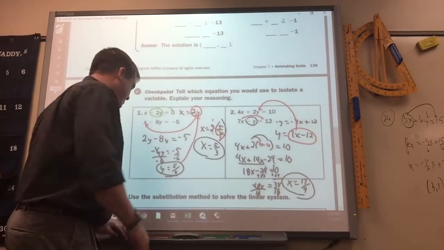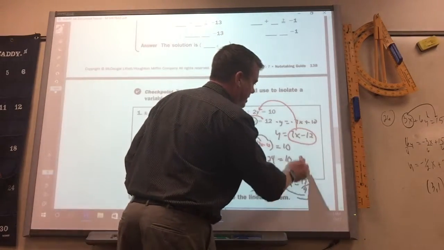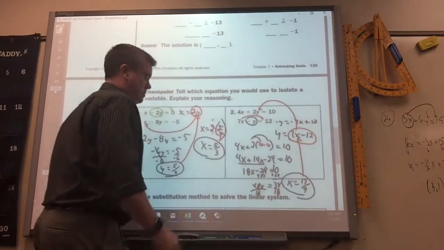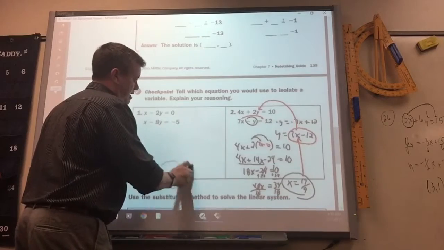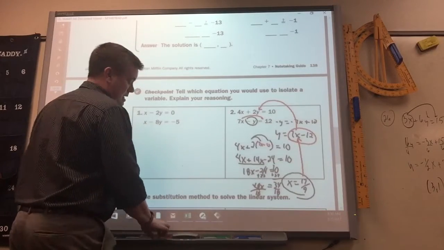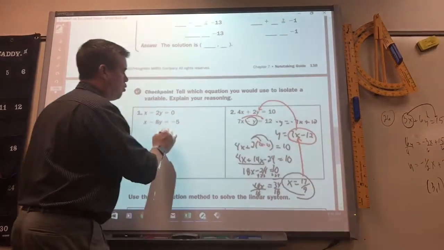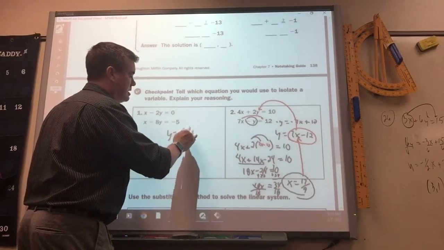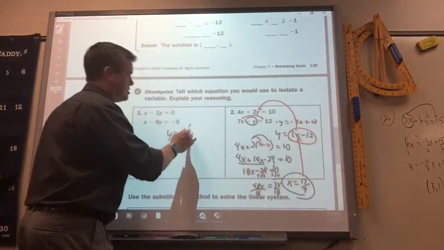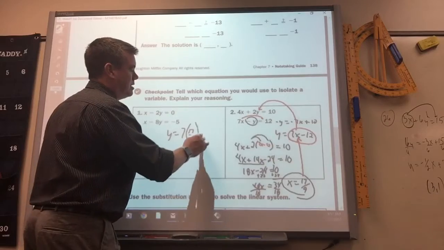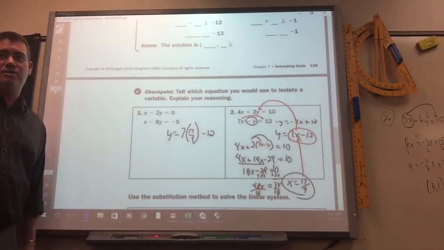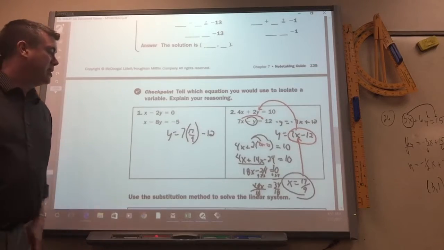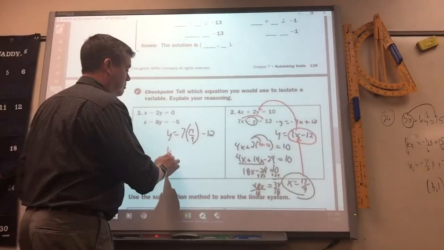So then I got to plug that in right there. Some of these you do get odd fractions for your answers. So to figure out what y is going to equal, 7 times x, which is 17/9, minus 12. So if you got a fraction calculator, it's going to be a lot quicker. If you don't,